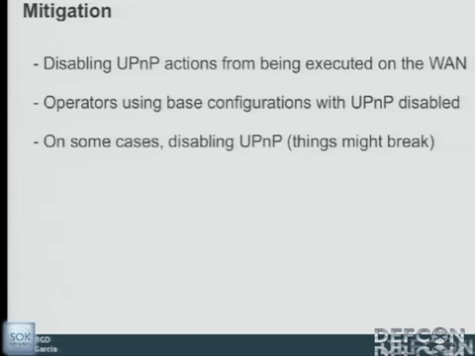We also could work with ISPs, which could do some base configuration to disable by default the UPnP WAN request. Now, this is a big problem because most ISPs just say, that's not my problem. That's the customer's problem. It's an industry problem, which is, yeah, deplorable. And in some cases, if you don't have any other choice, you could just disable UPnP all the way, which is